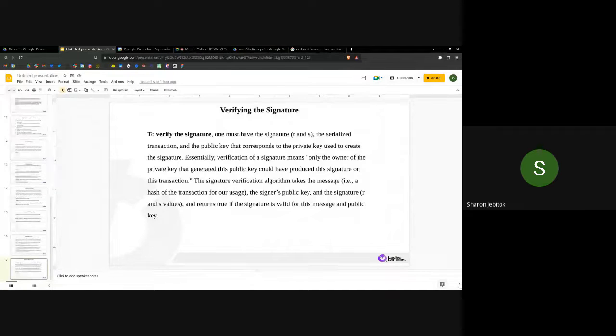So whenever you make a transaction, the transaction will have a hash. You remember the hashing. So the transaction will have its own hash. So you'll need the signature, then the serialized or hashed transaction, and then the public key, which for us could be the address of the sender. So you'll need these three things. And then now you remember this